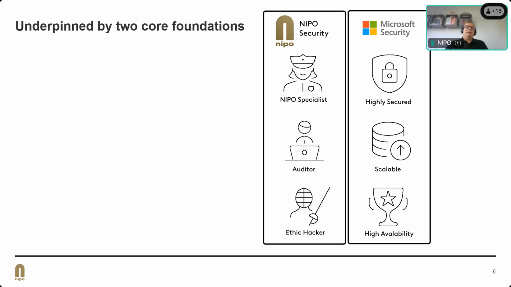Of course, our information security management system is being audited. We are using a company called SGS for that, and we use them for our ISO certification. And finally, ethical hackers are being used by us as well. We do annual technical security assessments of Nfield, and to scrutinize the security procedures every year to evaluate our tools, processes, and people. So that is the NIPO part, and as far as Microsoft, we host Nfield on the Microsoft